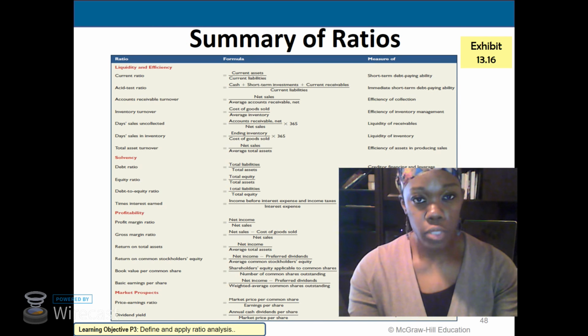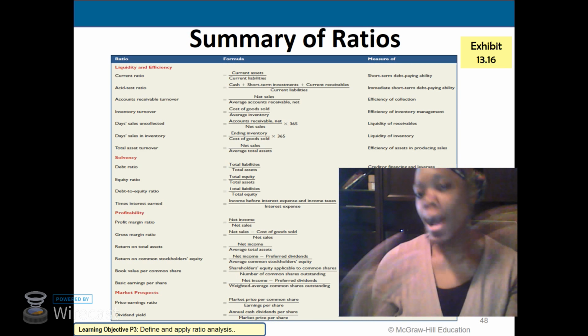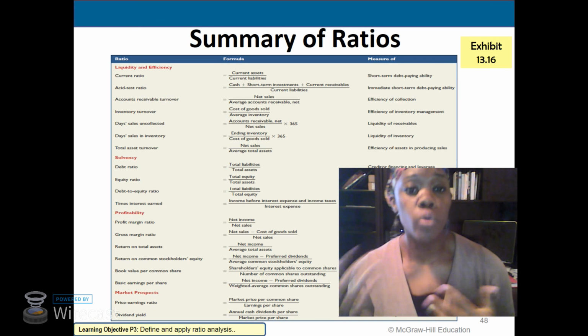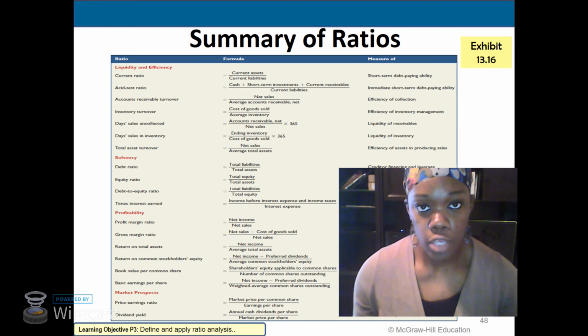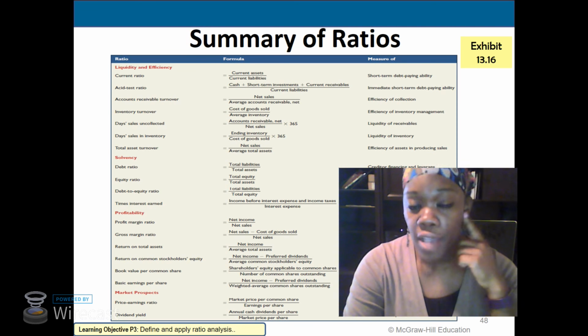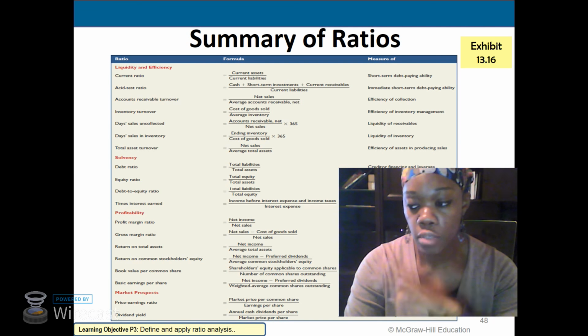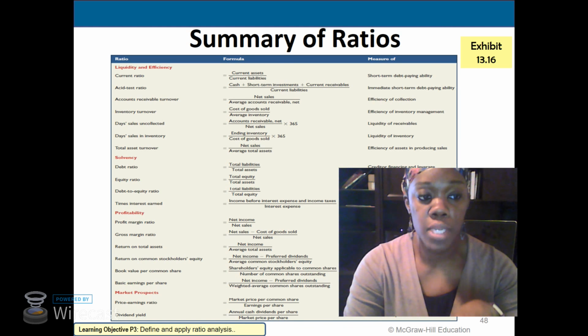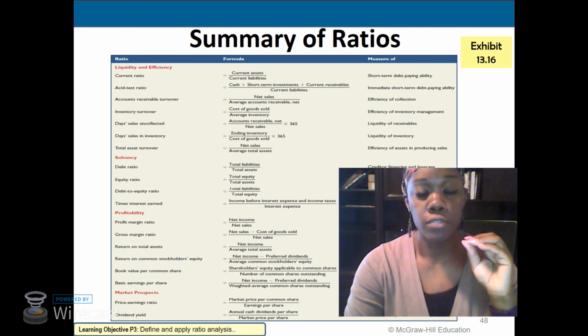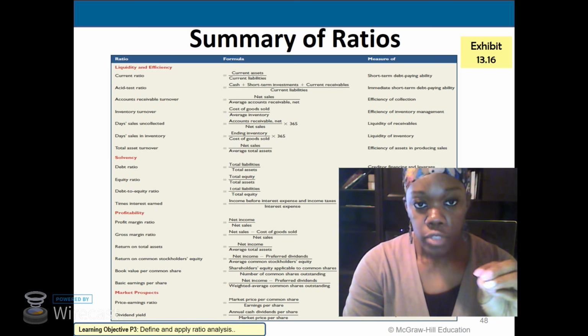Why do we need to do these calculations like this? Why do we do the current ratio versus the quick ratio? Well, the chapter is going to take you through that. So if you have specific questions, please feel free to write them in the chat box. But I'm not actually going to spend a lot of time on this because from an exam perspective, of course,